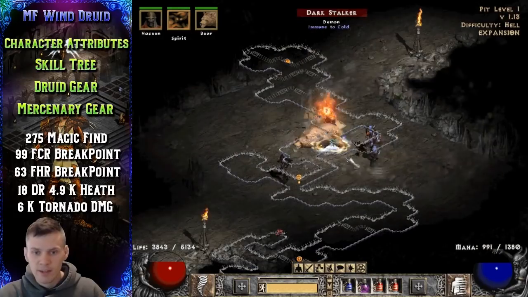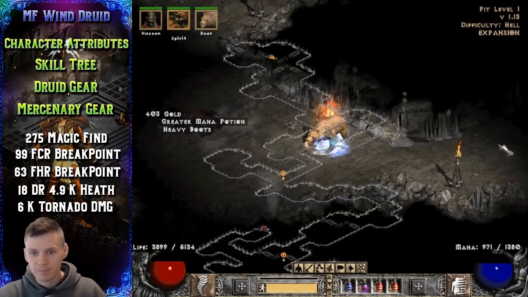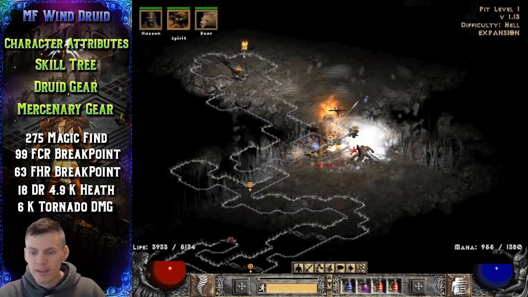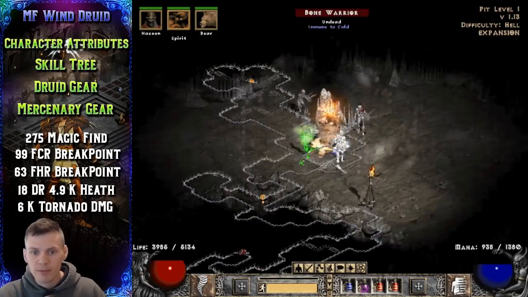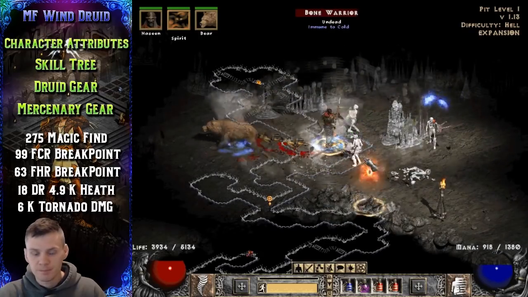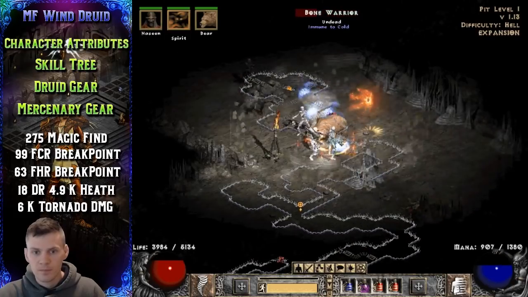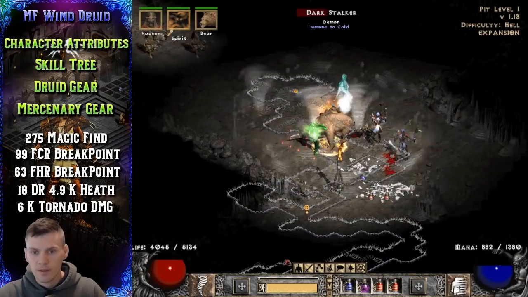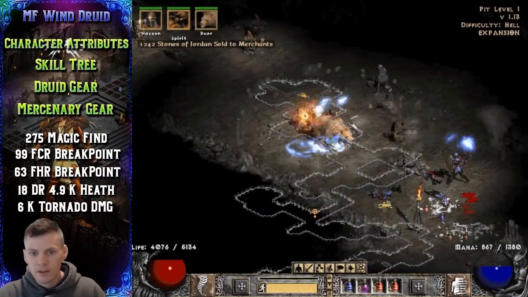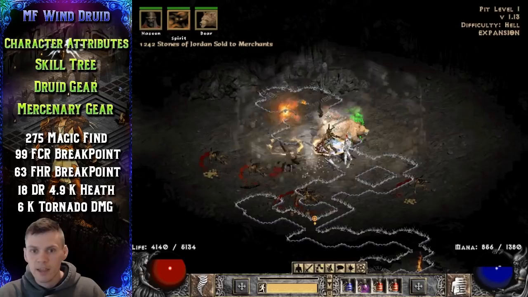Alright, so I haven't hit a mana burn monster yet. It's kind of a bummer. Just wanted to show that. It gets really annoying when your mana drops down to nothing, and that's why I use Insight a lot, but you can kind of see that the clear speed's pretty good. I mean, I'm clearing players 7, right? It's definitely not as fast as a Hammerdin, but